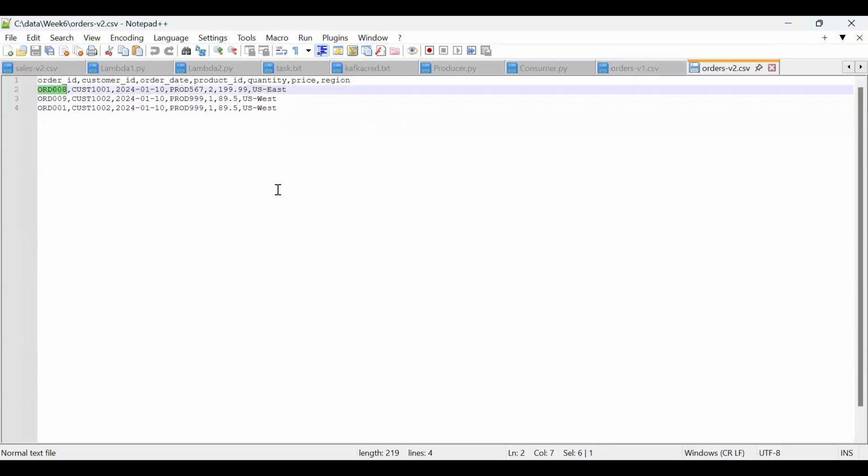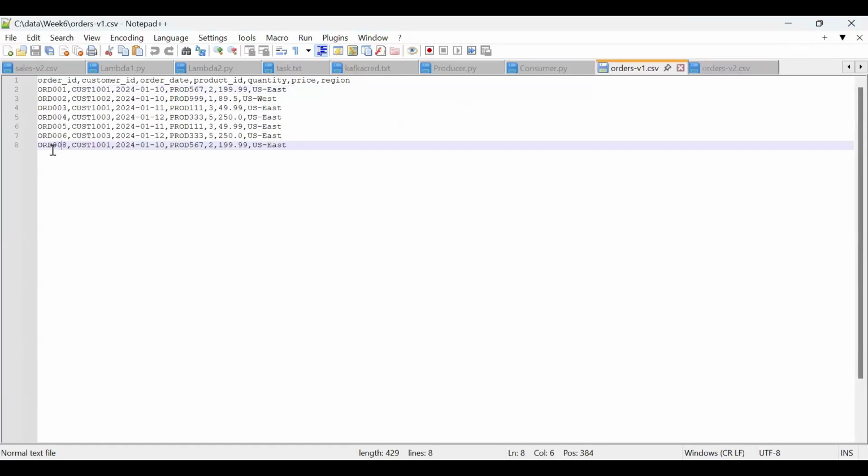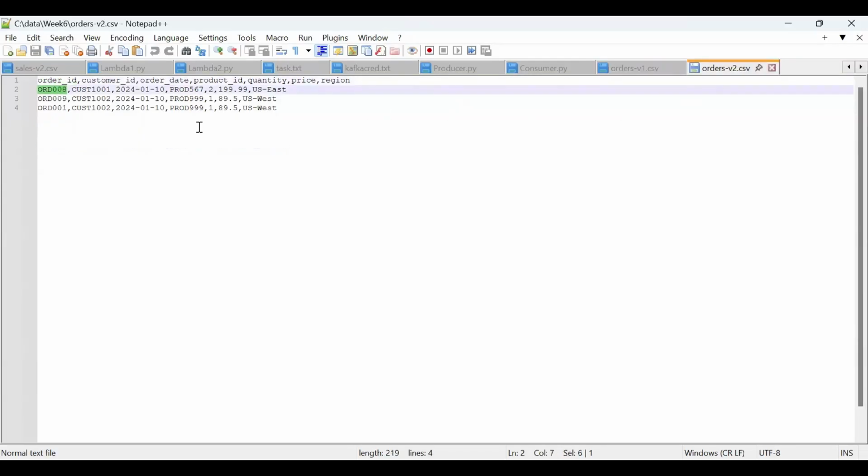The 8 record is available here as well, and the 8 record is available here as well, right? That's why in the DynamoDB table we got only one record for 8, because we applied the partition key on the order key, right? And why did we not get a record for 101 as well? Because of course, 101 is, first of all,